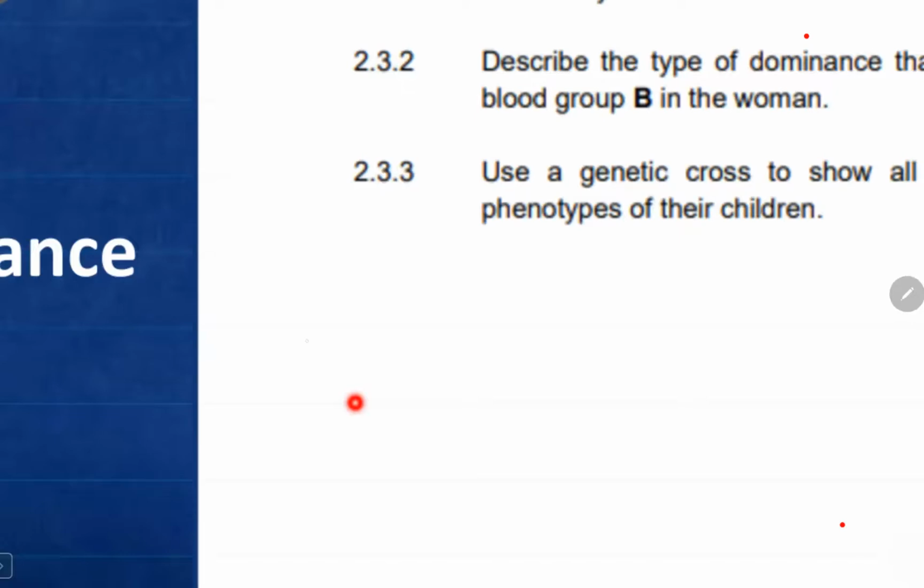So we have learned that the father is AB, and he is going to be crossing with the mother, which is blood group B. How we write that in the genotype is the father will be